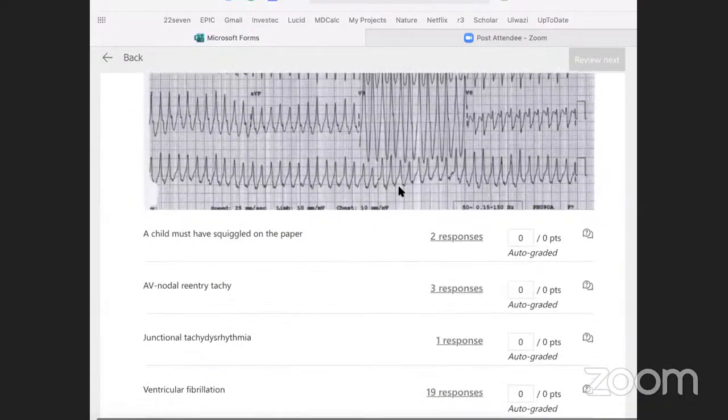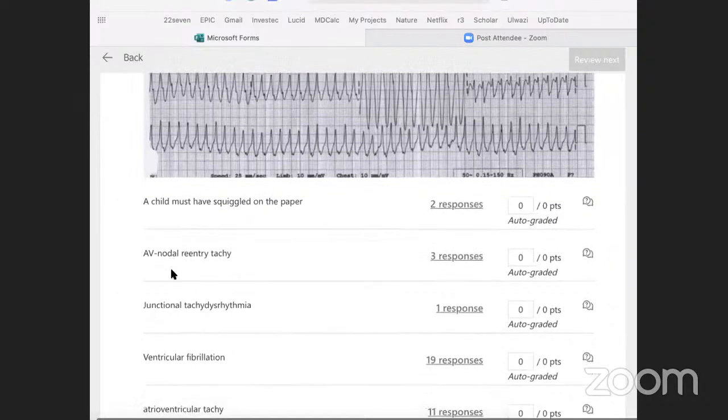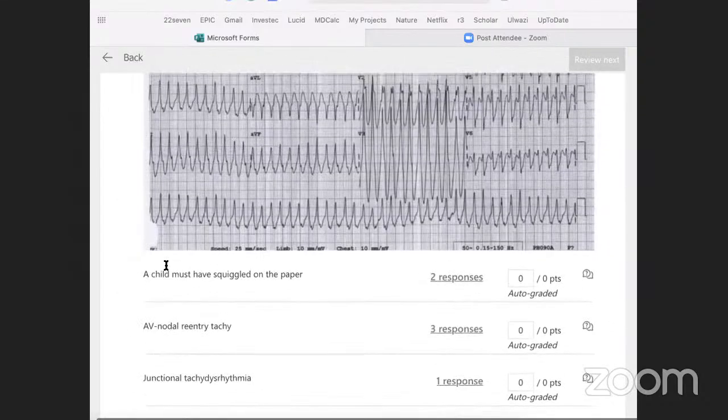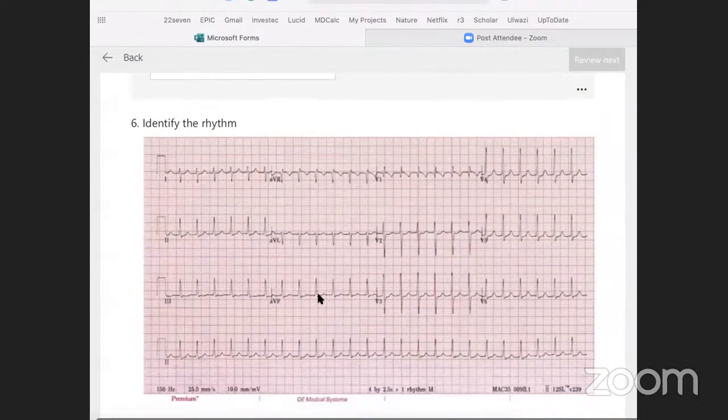So the correct answer here is AVRT. And a key thing in determining between AV-NRT and AVRT is that the previous ECG was AV nodal re-entry tachycardia going at 150. So the AV node is protecting it. And then the agents that I give do work on the AV node. For instance, adenosine just blocks the AV node, and so it would stop all of these conductions.